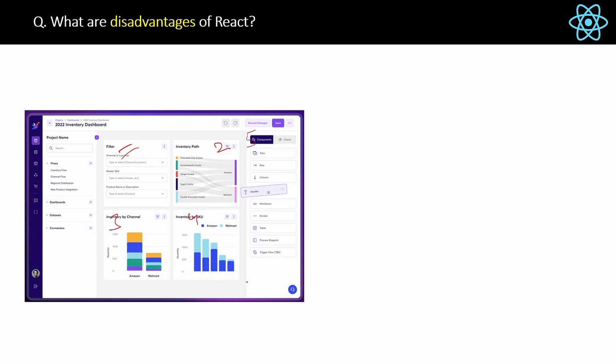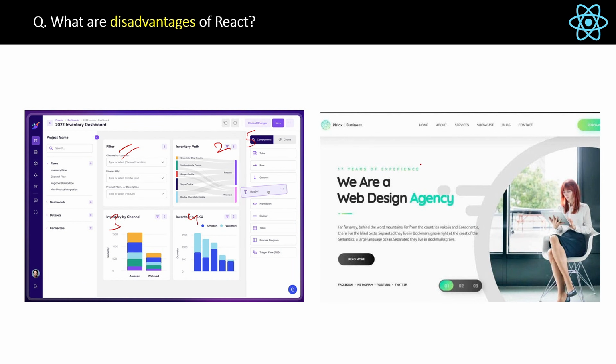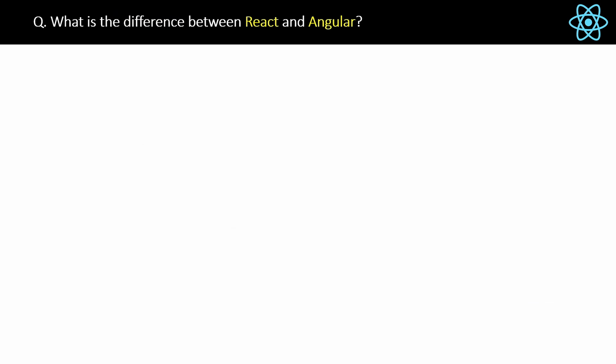But if you have a very simple static website like this, where there is a fixed amount of static content and some fixed menu items and very little dynamic content, okay? For this kind of simple website, go with simple and plain HTML, CSS and JavaScript. Because if you choose React for this small application, then learning React and the flow and settings in React will all be an overhead for you, okay? And creating applications in React also needs planning, which takes time, okay? So the short answer is React is not a good choice for very small applications.